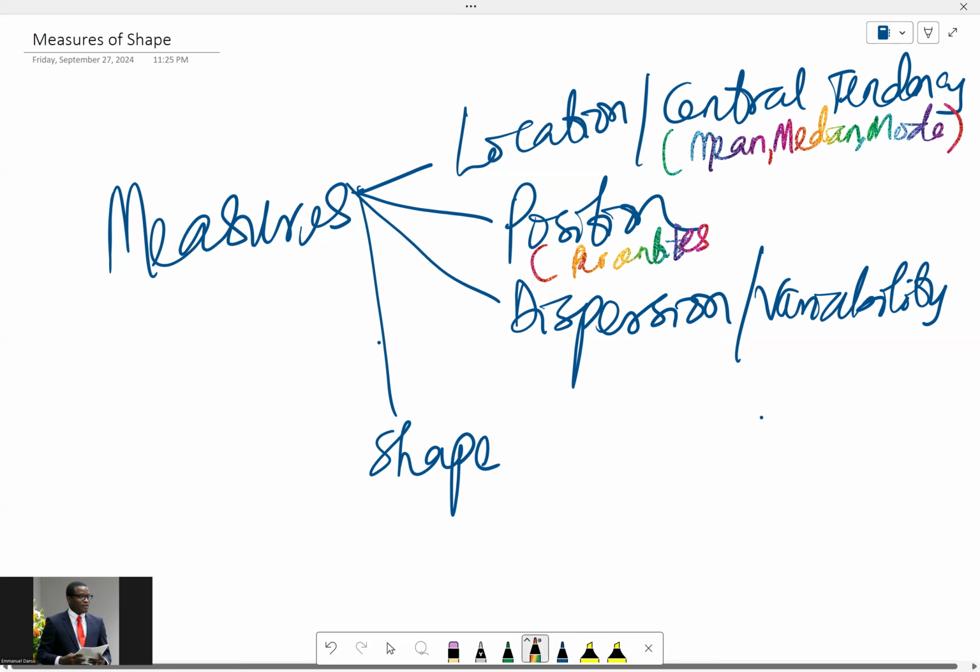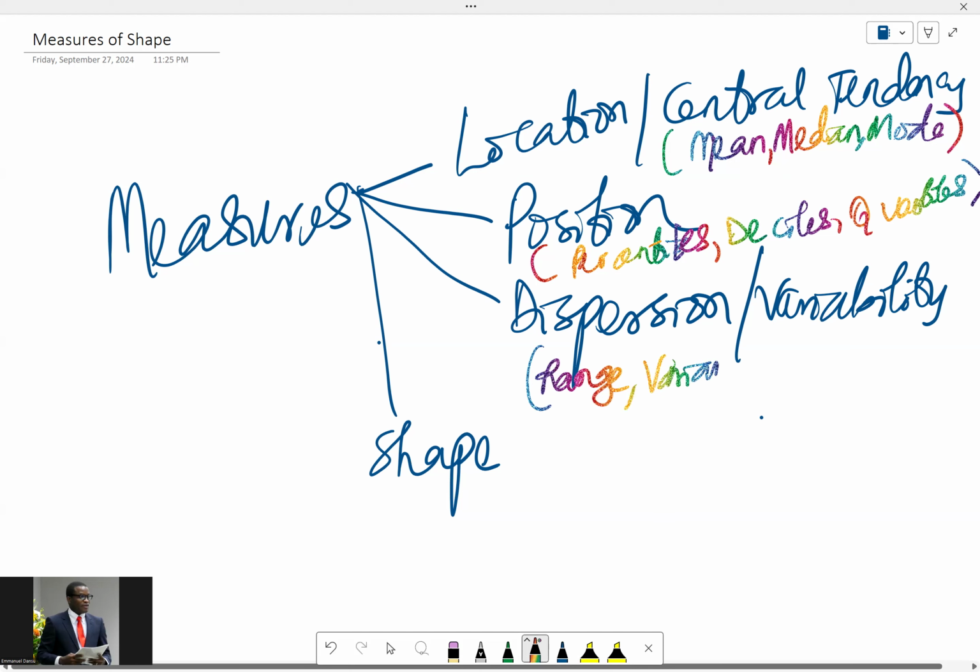So measures of location are single values that represent the whole data. We're talking about mean, median, and mode. Measures of position tell you where a particular data point is located in the whole data set. So we talk about percentiles, deciles, and quartiles. And that took us to measures of dispersion and variability, where we talked about range,